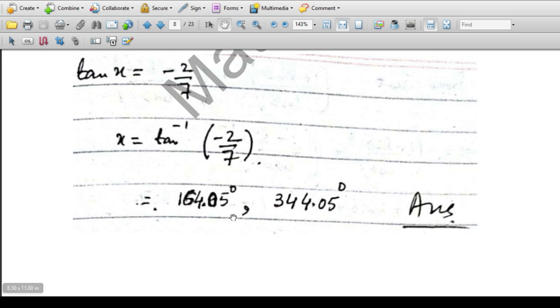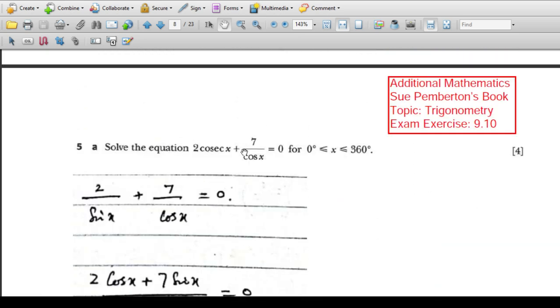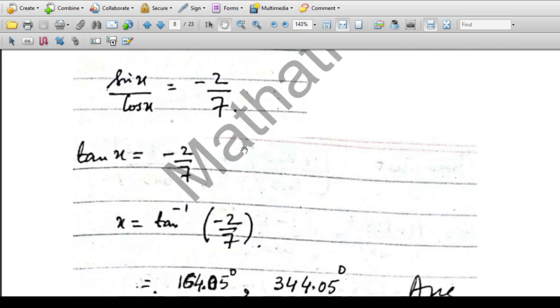So that's it from question number 5, part A. Now